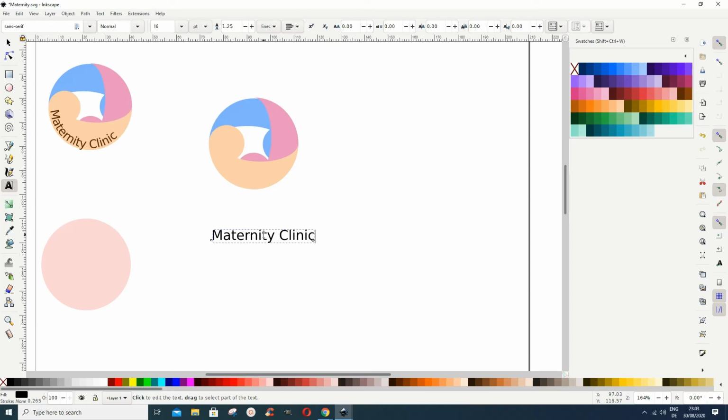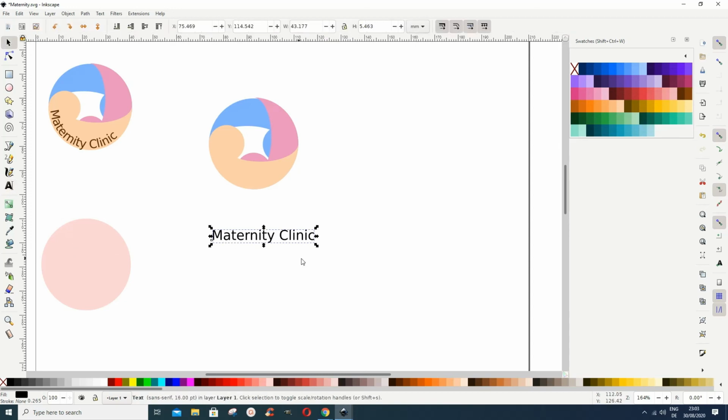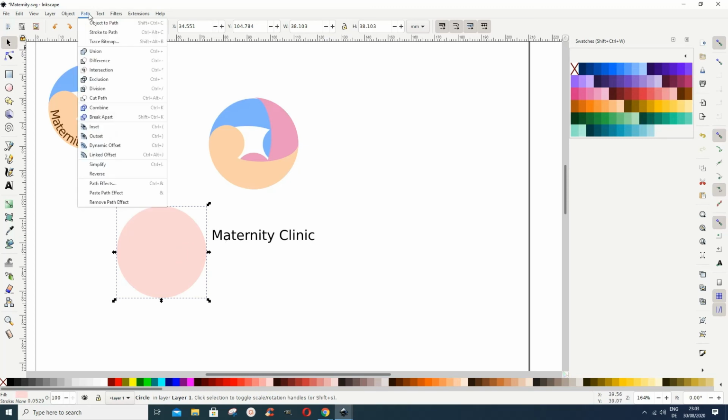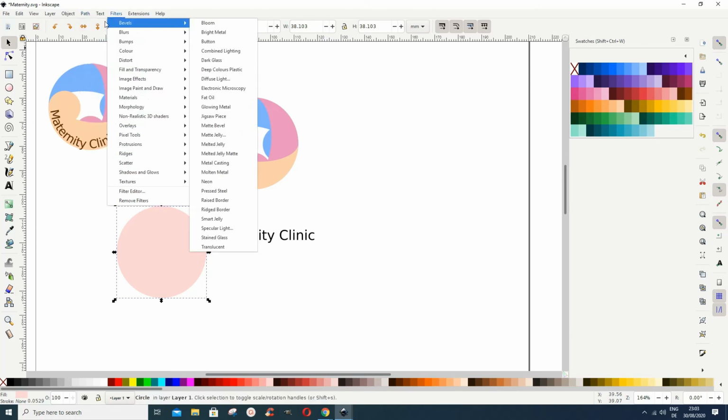clinic, and then we would want to first use this and this together to get it round, and then after I will put it there. So let's change this now. This circle here, go to path, object to path,